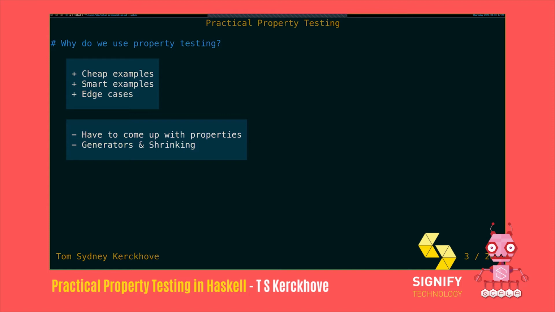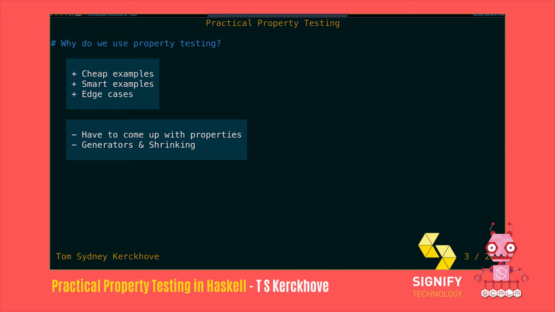And then the next con is that you have to start thinking about how to get the input that you want to be throwing at the property testing. And you have to understand what shrinking does and how that works. And in practice, there are some rough edges to it that you really need to understand before you can start doing something like this. So I'm going to go on with showing you what this kind of test looks like